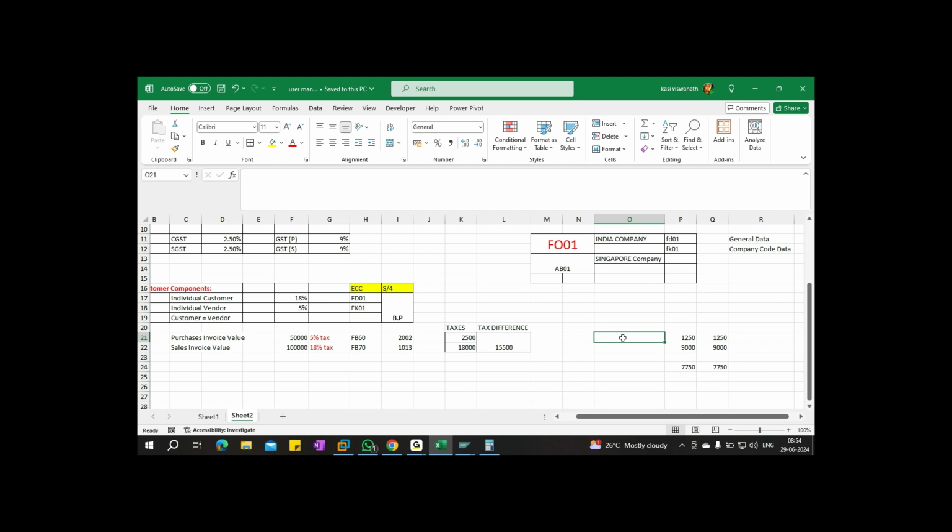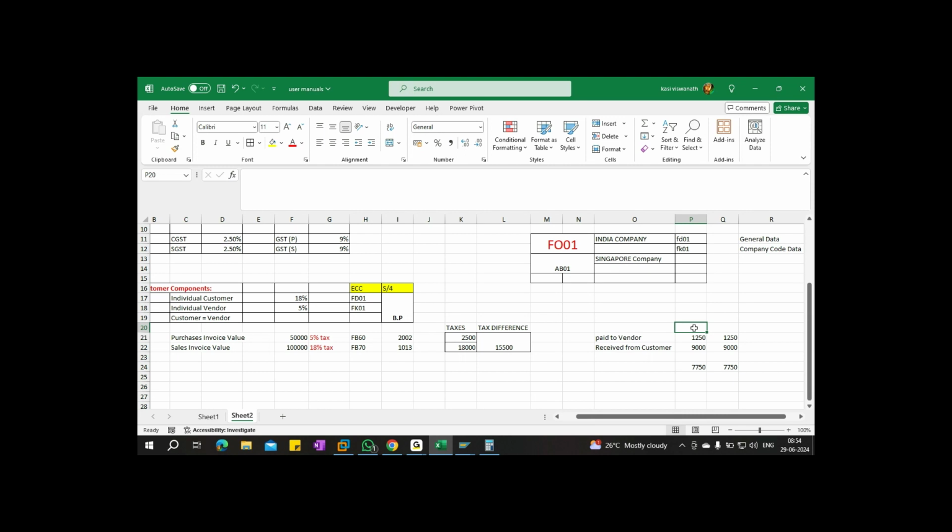This is already paid to the vendor, and received from the customer.